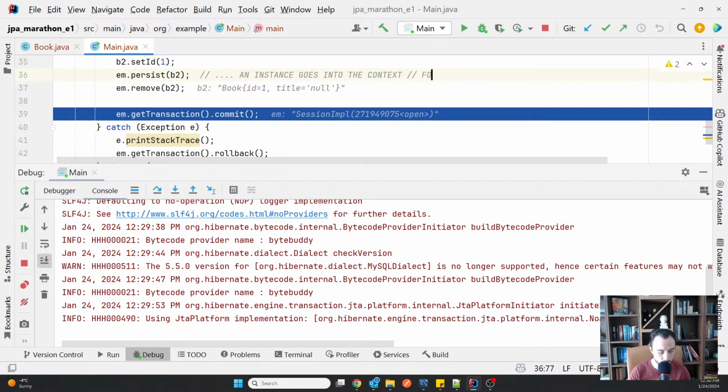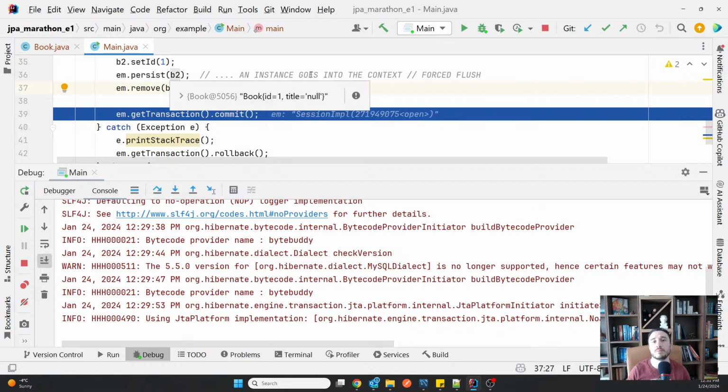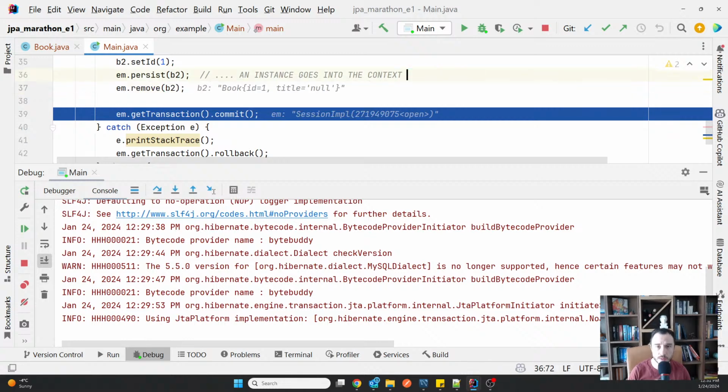That's a forced flush, meaning it forces the operation to go to a database before the end of the transaction, just because it needed to do that. Just because there was no other way to get that ID. That's the point. And now it doesn't happen. Now there is no forced flush.